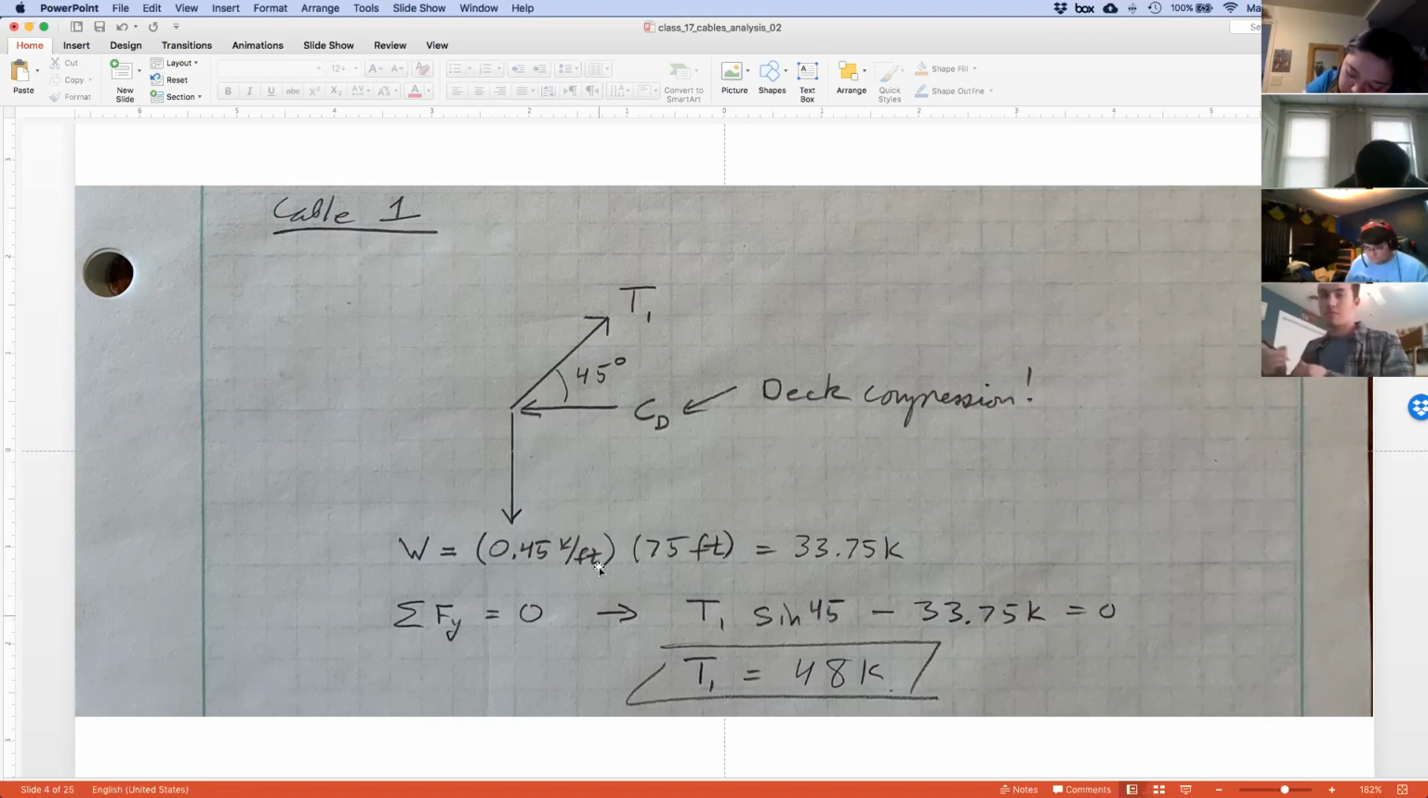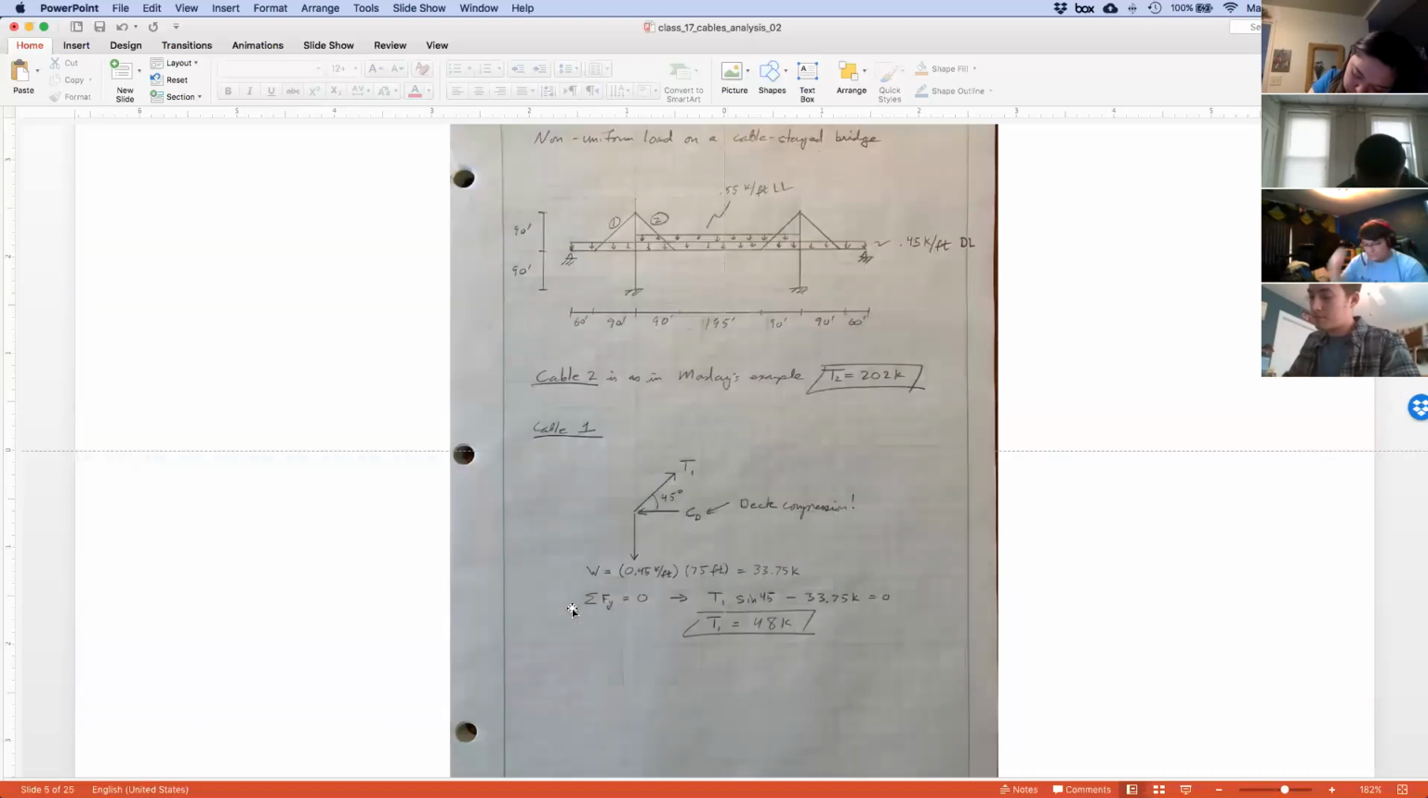This is load, which is only the dead load in this case on that span, and the tributary area of that cable, and we get a number. And then also, which is really important, one of the key features of cable-stayed bridges is that we have this deck compression. So this tension comes out to be 48 kips if you go through the sum of the forces in the y direction calculation. If you did sum of the forces in the x direction, you would get the deck compression. Okay, that allows us to get